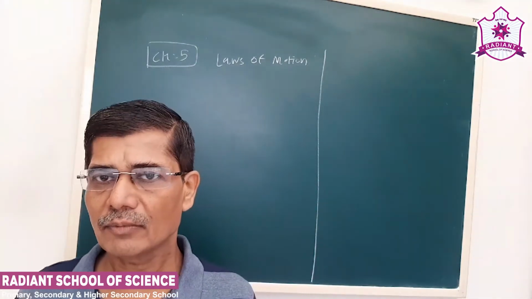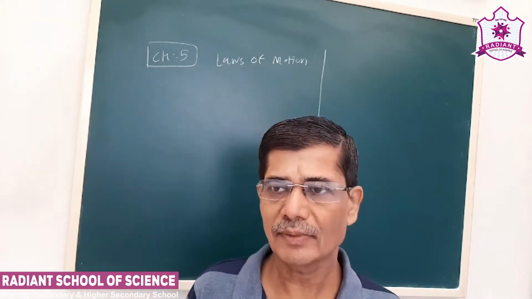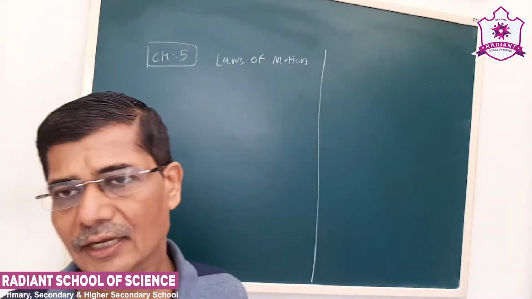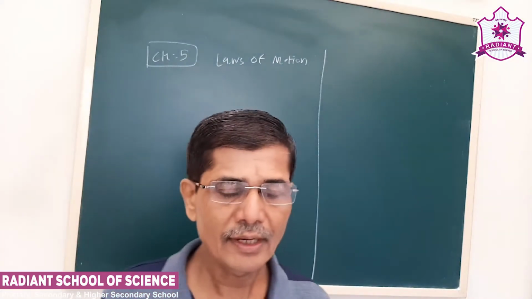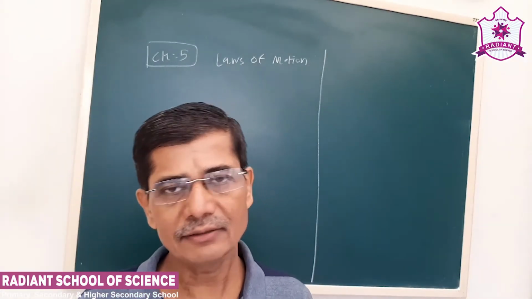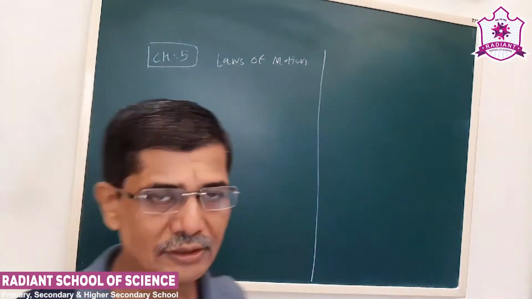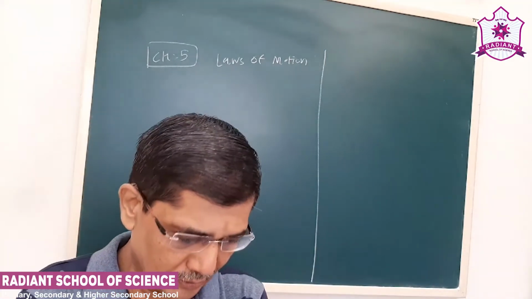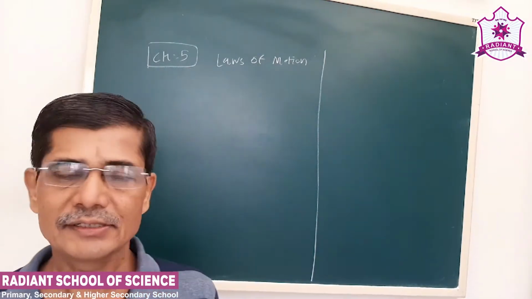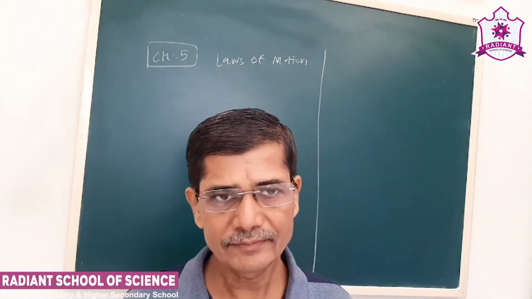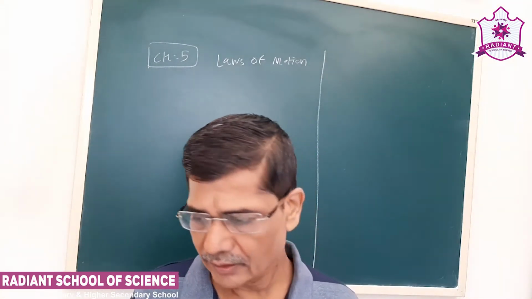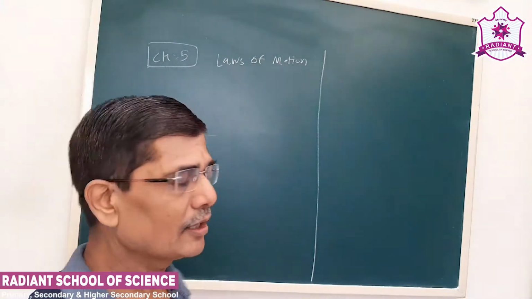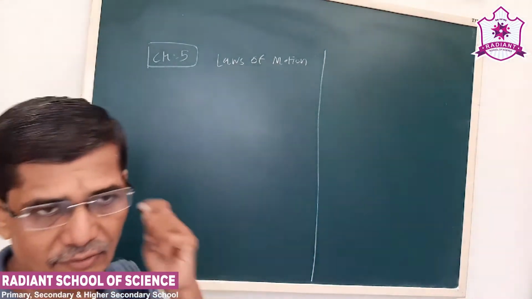Then we talked about momentum. The product of mass and velocity of the body is called momentum. We also saw that to describe the motion, momentum is more important than the velocity alone. Then we saw Newton's second law of motion: the time rate of change of momentum of a body is equal to the resultant force acting on the body, and the change is in the direction of the resultant force. Now we defined one Newton force.